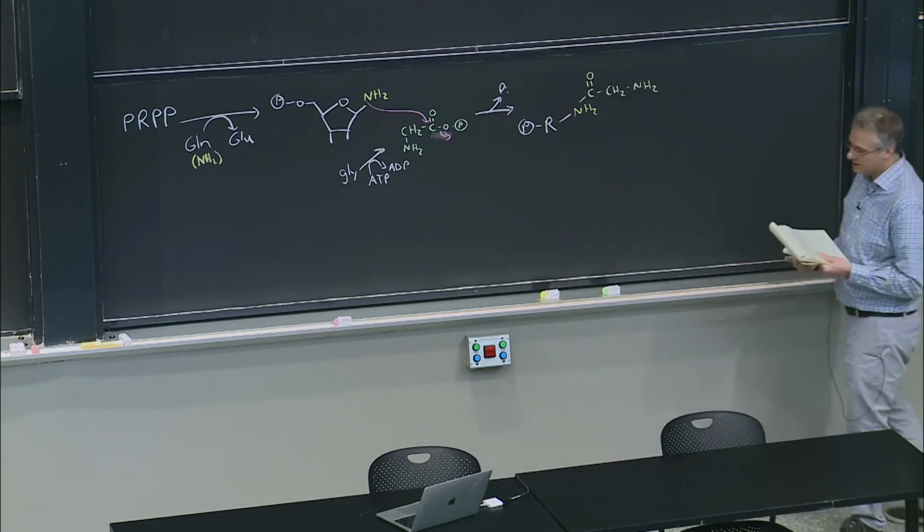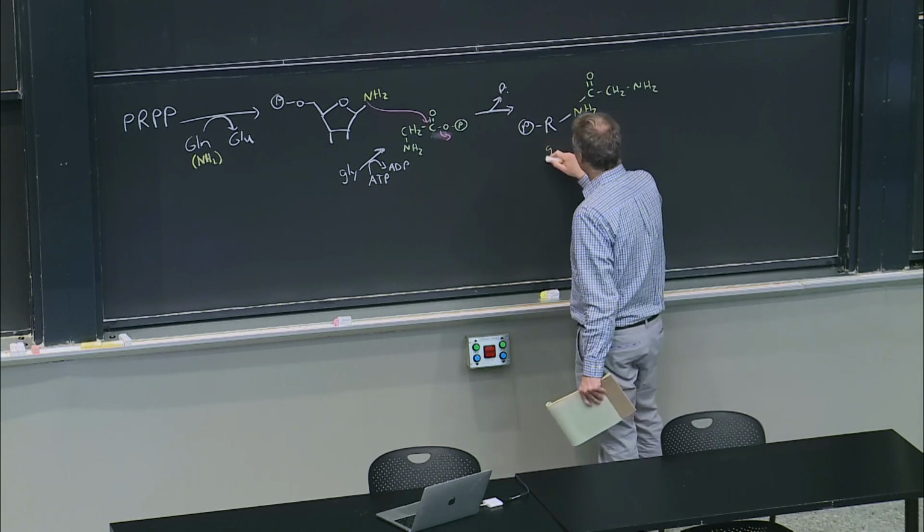And that generates this intermediate, which is called glycinamide